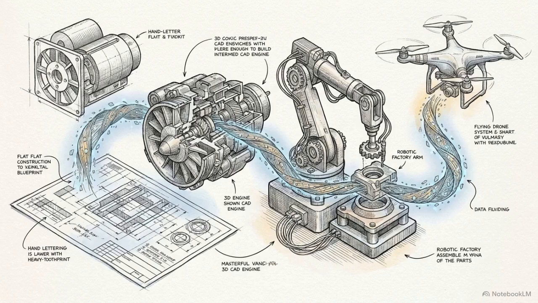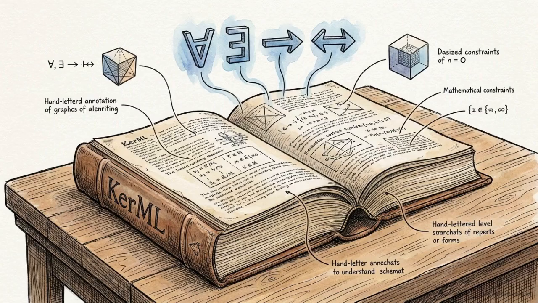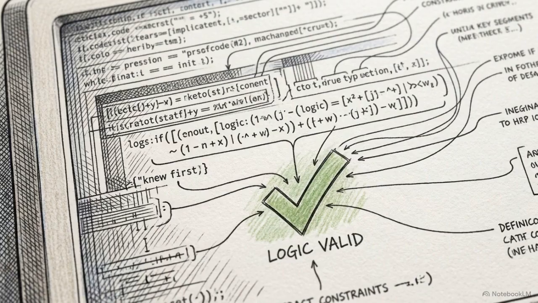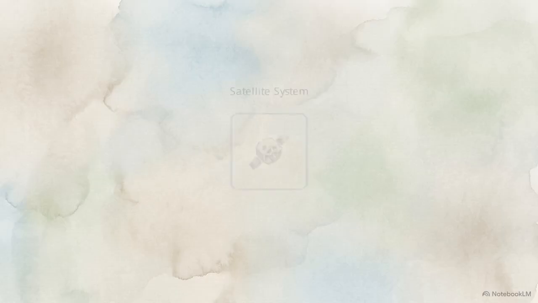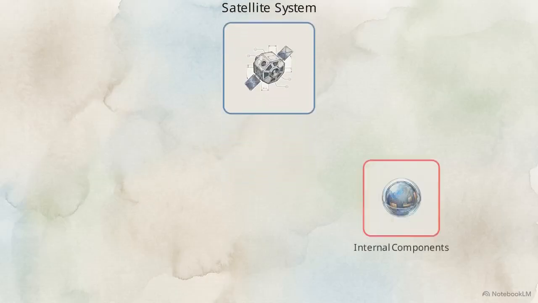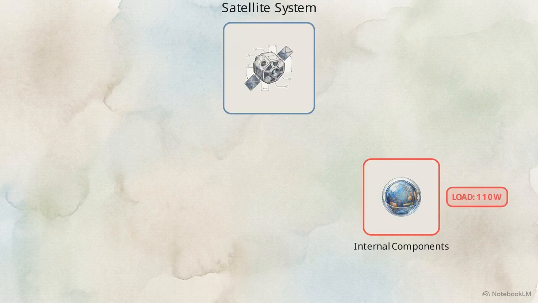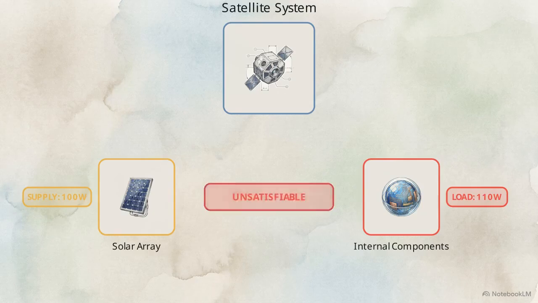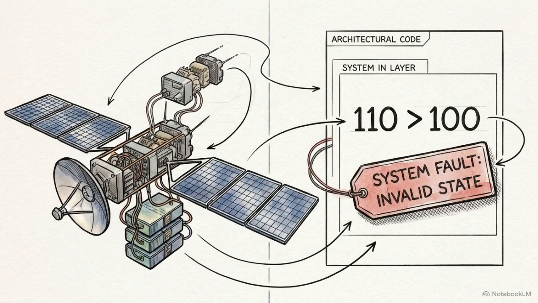its entire lifespan. At its core, the system uses a framework called KerML, which is built on first-order logic. This allows the model to mathematically prove its own viability. Consider a satellite power budget. A design might include components that require 110 watts to operate, while the solar panels are constrained to provide only 100 watts. A traditional diagram might visually hide this flaw, but a logic solver reading the code will instantly flag